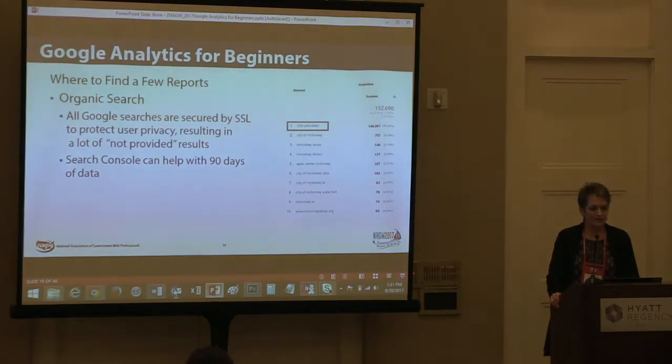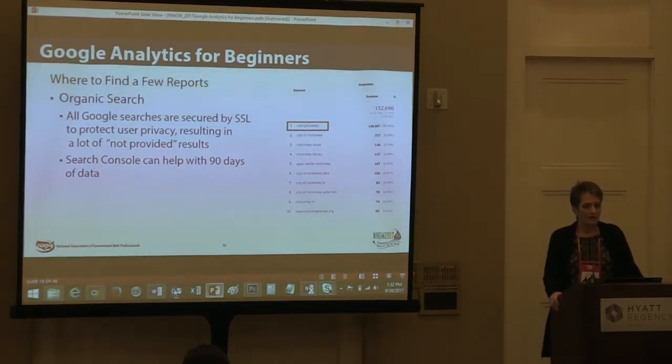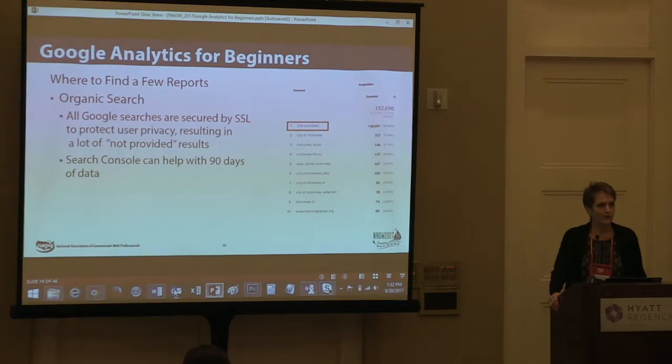And so for the most part, we'll just take the data that's here and not worry about the "not provided" part. But the "not provided," when I looked that up, it's really about security, and Google just doesn't report on some of that for people who don't choose to report the information. So anyway, it does take away a lot of the data that would be coming in.